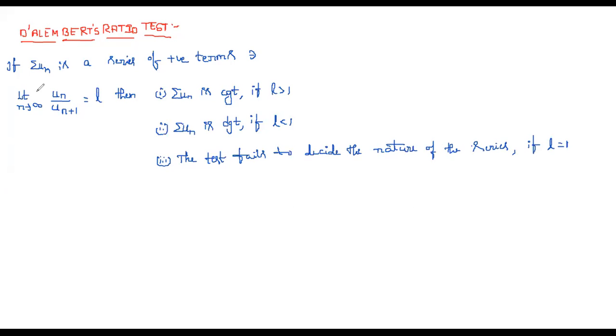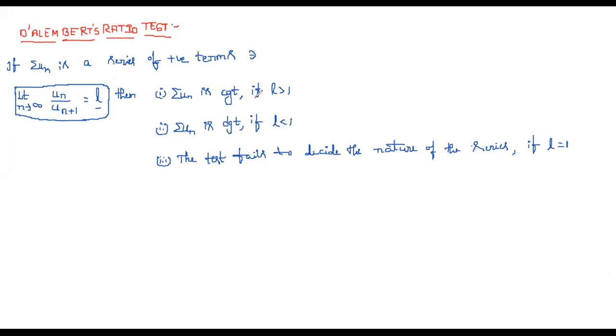So it means first, summation Un, the given series, is a positive series sum. It means it consists of all positive terms, such that this condition you need to calculate here: limit n tends to infinity Un by Un plus 1. From where will we get these things? Un is nothing but from the given problem. And Un plus 1 you will get just by substituting n as n plus 1 in Un. After substituting, you need to get a value, right? Some value you will get. Based on that value, we are deciding the nature of that particular series.